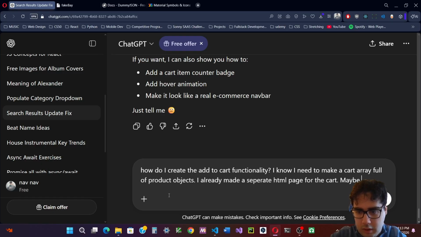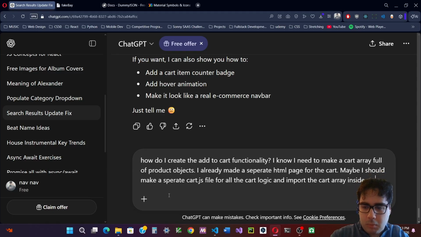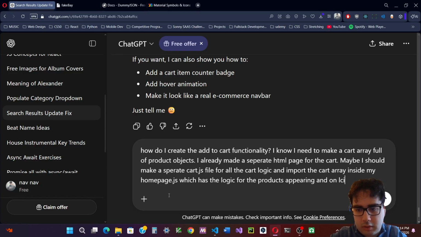Maybe I should make a separate cart.js file for all the cart logic and import the cart array inside my home page.html, where my homepage.js, which has the logic for the products appearing, and on clicking add to cart